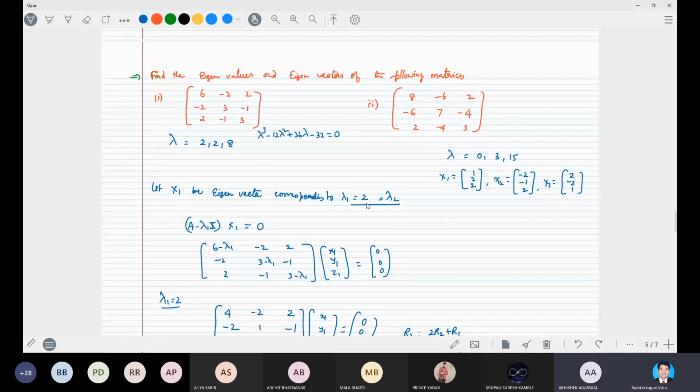Yes, sir. Have you got this characteristic equation? Yes, sir. Right. Eigenvalues 2, 2, 8, right? Yes, sir. Go ahead and find out the eigenvector for lambda 1, that is, lambda 2 is equal to,